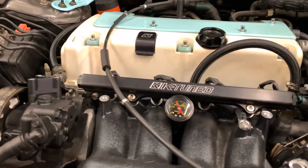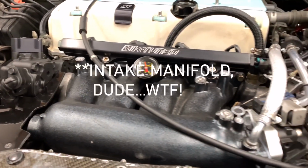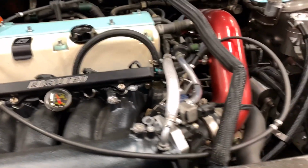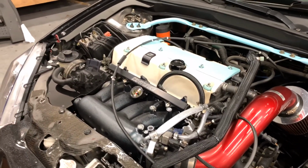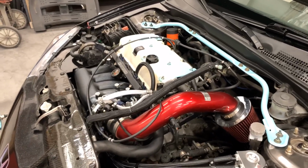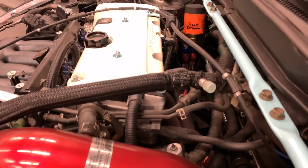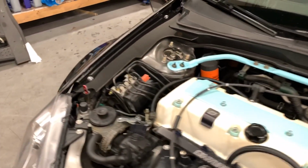K-tune fuel rail with the pressure gauge, RBC headers with the RBC throttle body adapter. I did have a K-tune 72mm billet throttle body, but to be honest with you, I'm not boosting my car yet, so I honestly have no reason to have that big of a throttle body. I do have K-tune race headers, all burnt out, remote oil filter, and then I do have innovative mount